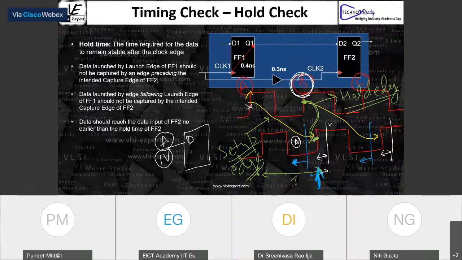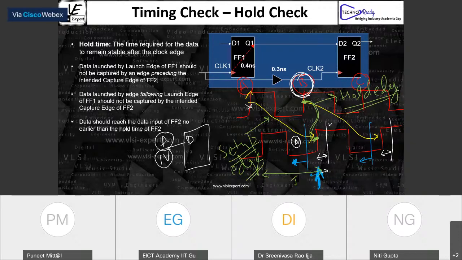So we have to make the circuit compatible for all types of data, whether it is 0 to 1, 1 to 0, 1 to 1, or 0 to 0. The data should be properly captured by the other flip-flop. So we are doing this analysis just to make sure that this path is independent of data. That's the reason we are talking about static timing analysis.